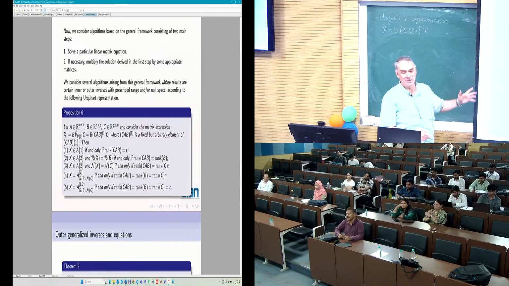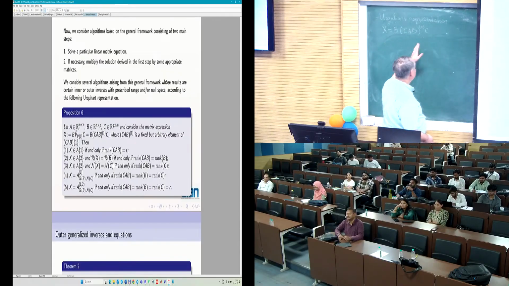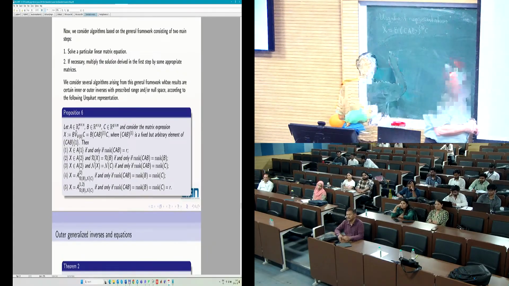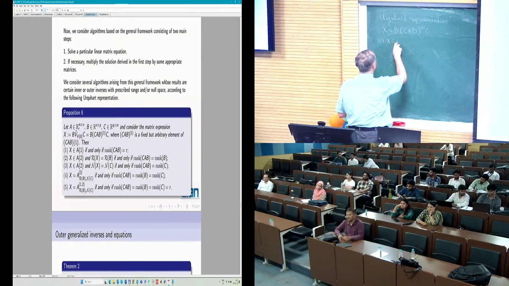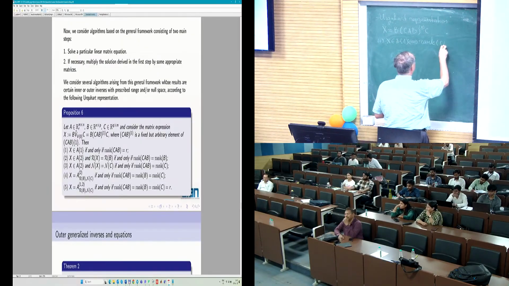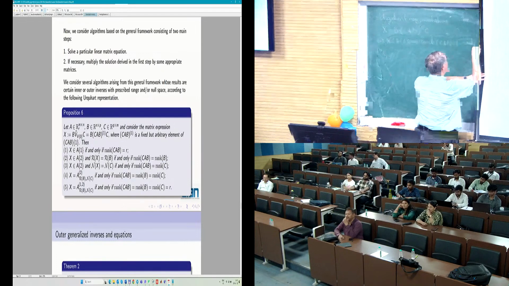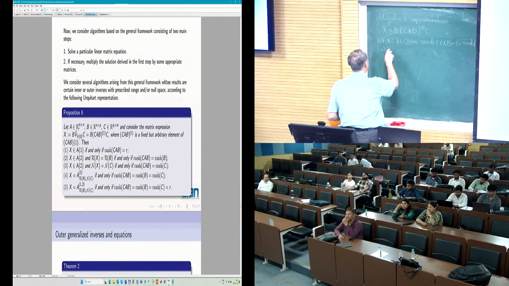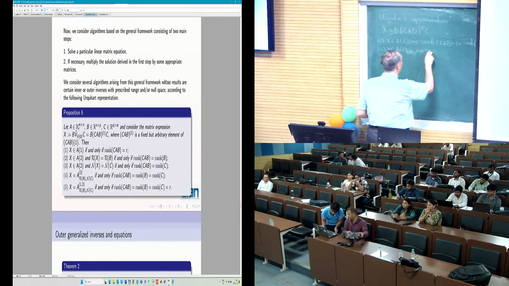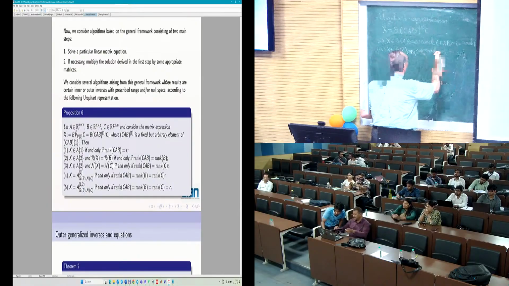We will suppose that. Then what does the theory say about the inner inverse of C? X belongs to the set of inner inverses of C. X is defined if the rank of